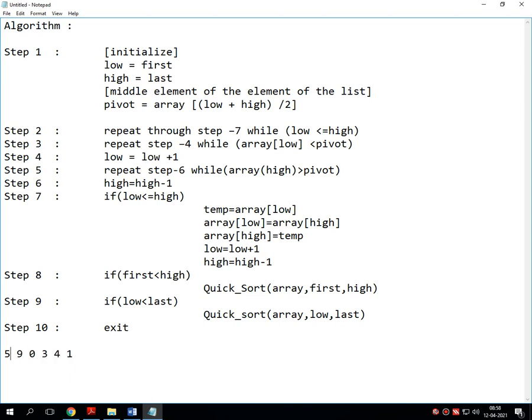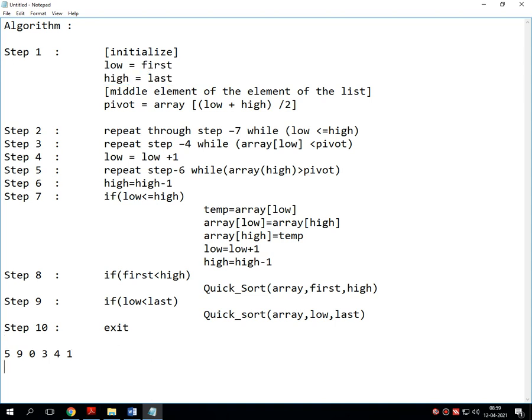In this list, the highest value is 9 and the lowest value is 0. So low will be 0 and high will be 9. It considers the lowest and highest value as the first element and the last element.